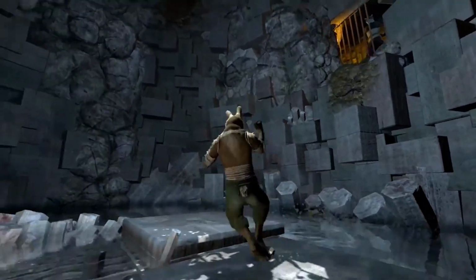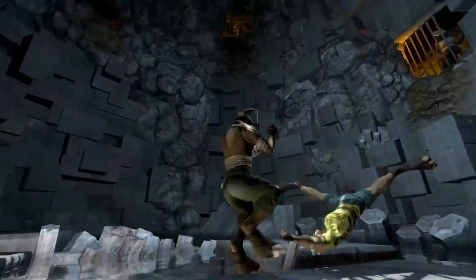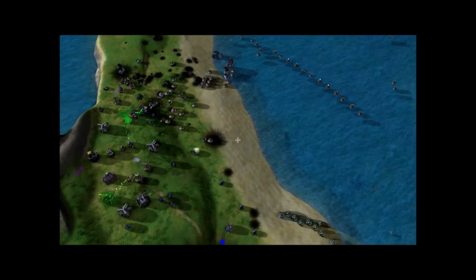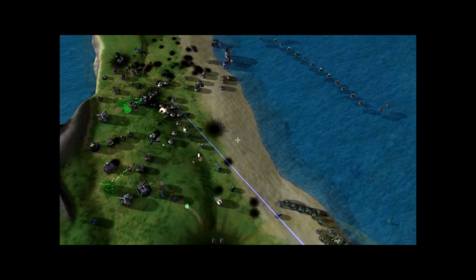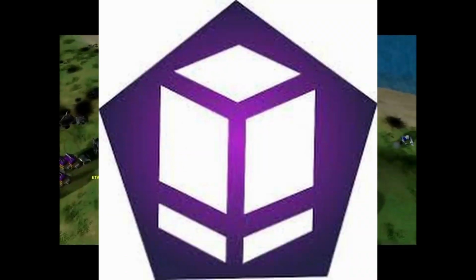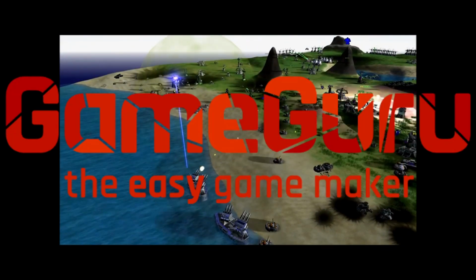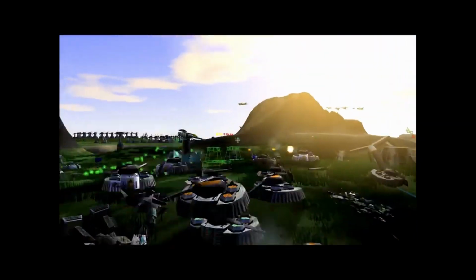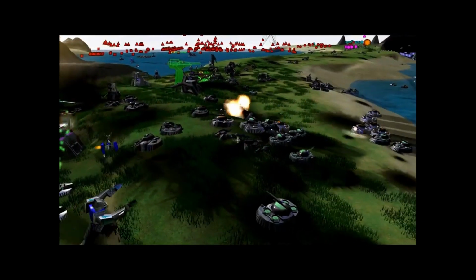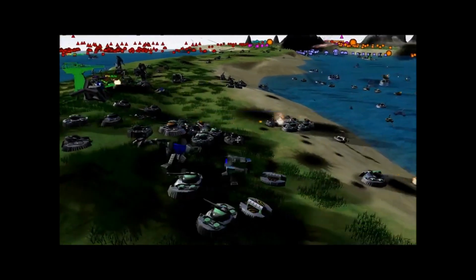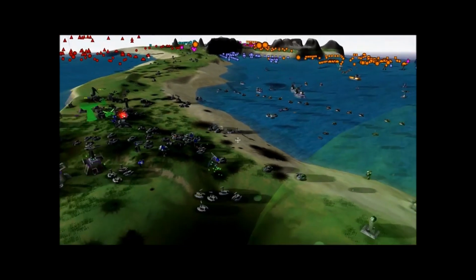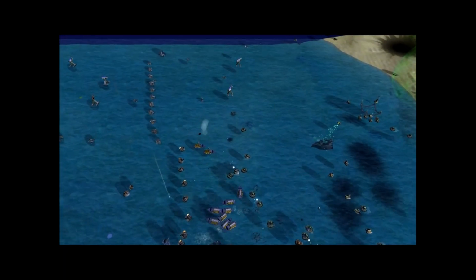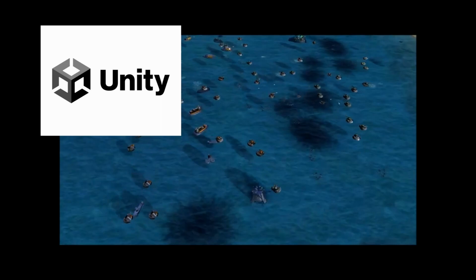There are lots of other game engines, and some that are incredibly ancient now, like the Spring Engine, which is mostly known for large-scale strategy games like Total Annihilation and Supreme Commander. Ogre 3D, Panda 3D, Copper Cube, Game Maker Studio, Game Guru, and even RPG Maker are still being used today, each having their own core strengths and weaknesses, as well as having a general pattern of what kind of games are made for them. I'll provide a list that comprises all of the known game engines that you can have a look at. But if you're looking for a game engine, then personally I would recommend either Unity or Godot.